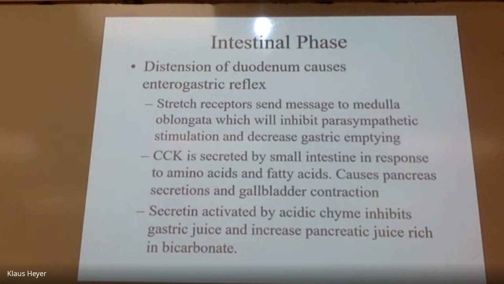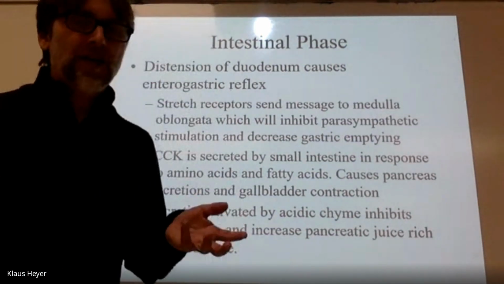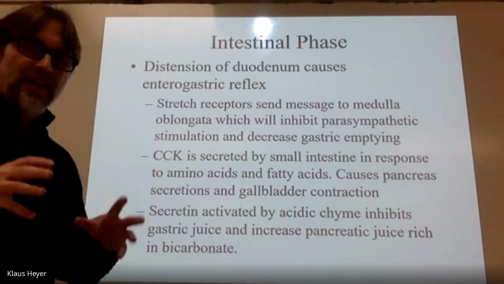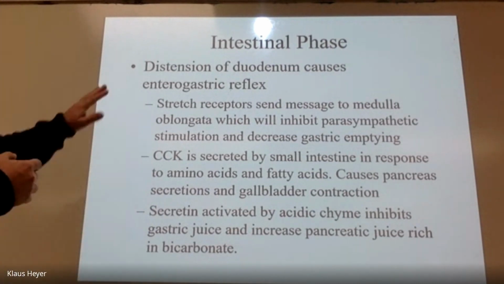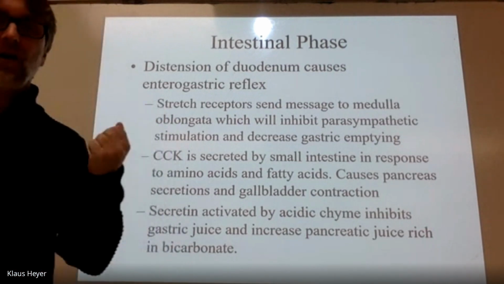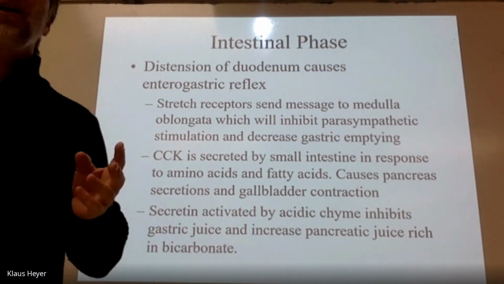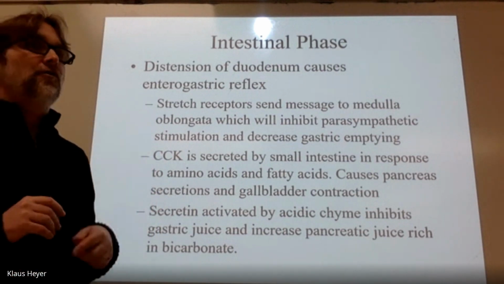Last phase, intestinal phase. Now the food goes into the intestine, and the first part of the intestine is the duodenum. When that gets distended or stretched out, it's going to cause what we call the enterogastric reflex. The stretch receptors are sending a message up to the medulla oblongata. There is some pH as well, but really it's mostly stretch receptors. And what you're trying to do is, the intestines are trying to stop gastric emptying. You're trying to inhibit